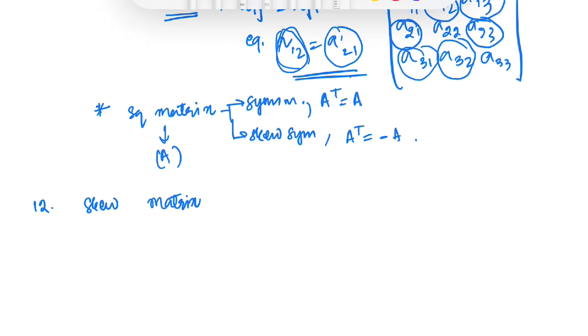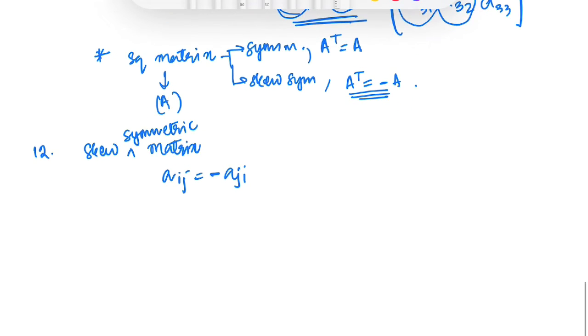So basically, what is a skew matrix? It's called a skew symmetric matrix. Basically, in a skew symmetric matrix, as it's already said, a_ij is going to be a_ji, and here one more thing will come in: a minus. Okay, now for the diagonal,